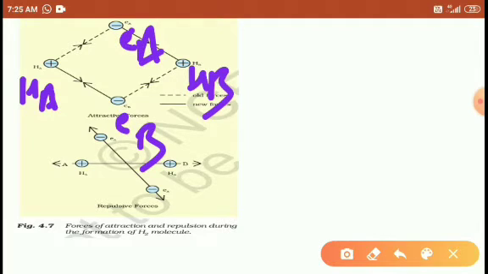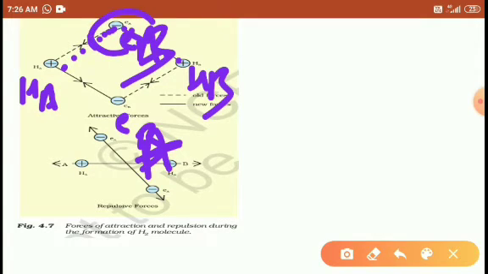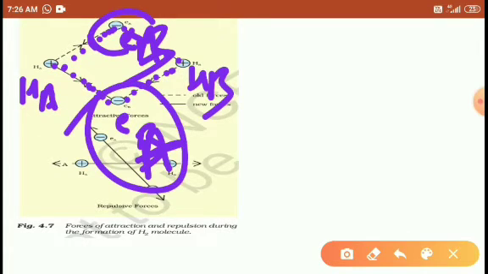So I think this is Ea and this is Eb, right? So Eb is attracted to the Ha like this, and it also shows the attraction with the Hb. It means this electron is getting attraction from both sides, and this Ea is getting attraction from Ha and Hb. It means the electrons are getting attraction from both sides.